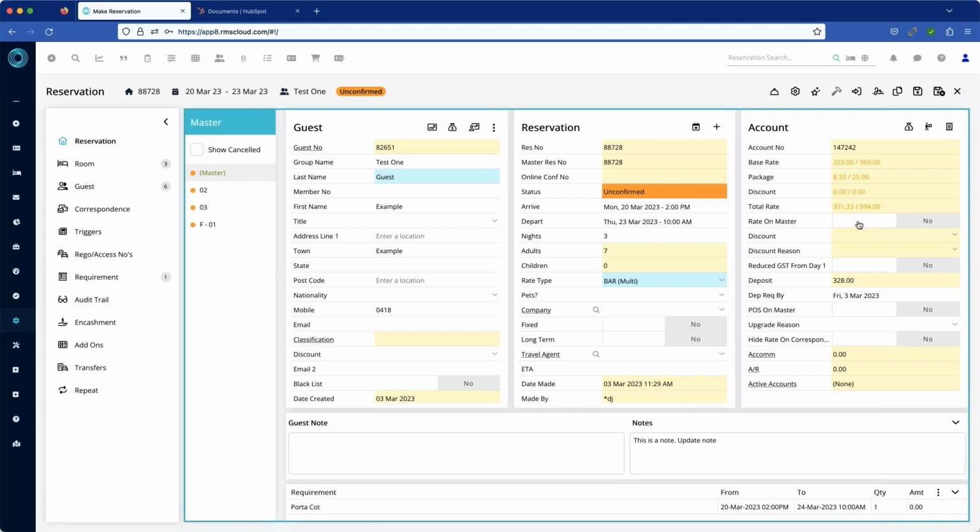So we're saying here rate on master. So in other words, the charges for accommodation, are they going to appear on the master account or are they going to appear on the individual reservations? If I change that, it's currently at no, so that means that it's not going to appear here, it's going to appear on the individual reservations. So if I click on each of those, they'll be there. If I change this to yes,